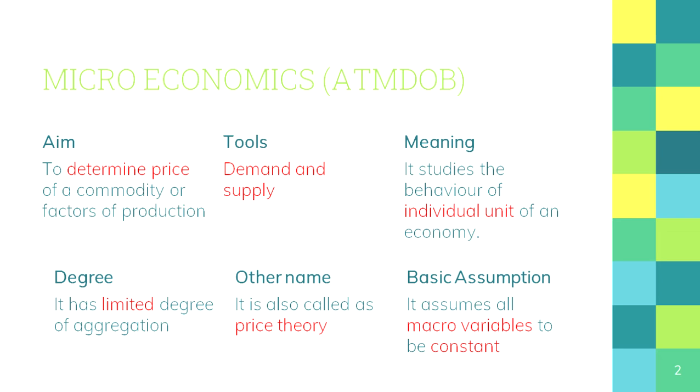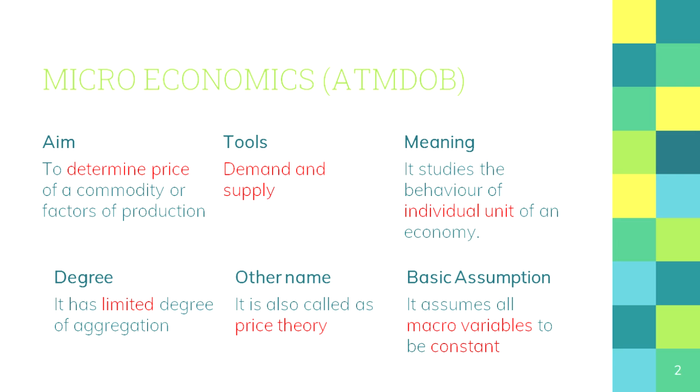When we learn about the demand of all individuals for all commodities, then it is called macroeconomics or a macro variable. One more example: if we learn about the income of an individual, it is microeconomics. If we learn about the income of a nation or national income, then it is termed macroeconomics or a macro variable. So if we have to learn microeconomics, we have to assume all macro variables